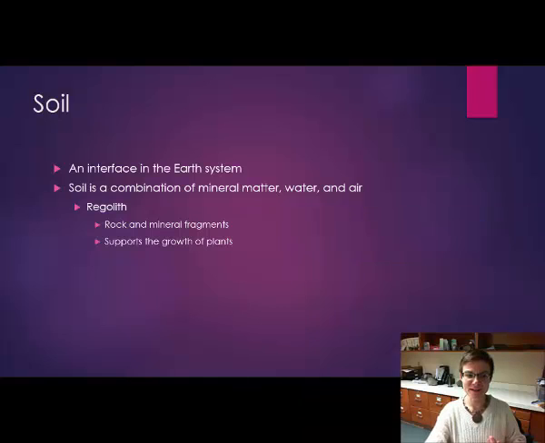So what is soil? Soil is ultimately a component of the regolith that can support the growth of plants. So what's regolith? Regolith is everything that isn't bedrock. Bedrock is the material that's actually attached to the crust, whereas regolith is everything that's loose. So mostly when we think about regolith, it's just sediments. They're pretty much the same thing, except that we wouldn't call a boulder part of sediments. It's just too big. But we would consider it part of regolith because it isn't ultimately attached to the crust